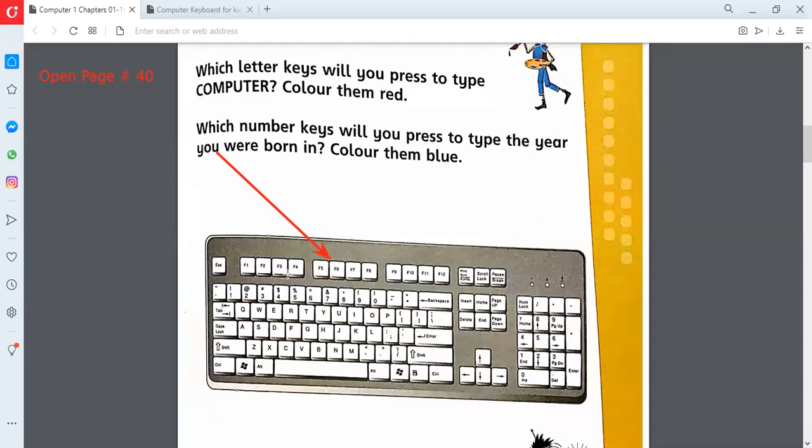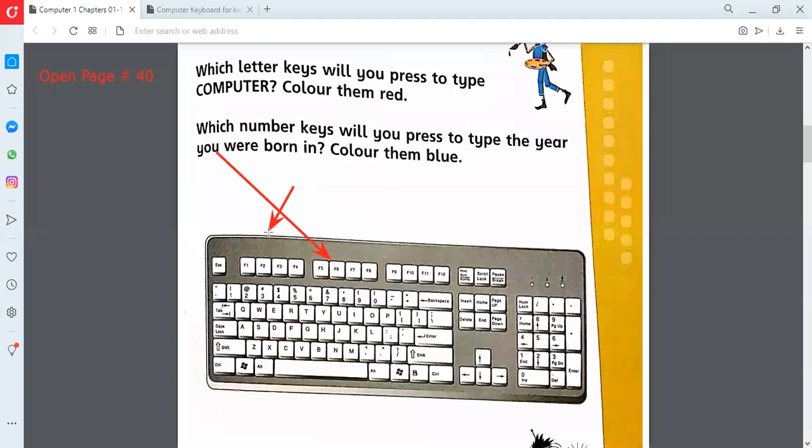If you see, there are so many keys. If anyone says there are only two keys on the keyboard, it's false. If someone says there are 10 keys on the keyboard, it's false. One, two, three, 4, 5, 6, 7, 8, 9, 10, 11, 12, 13, 14, 15, 16, and there are so many.